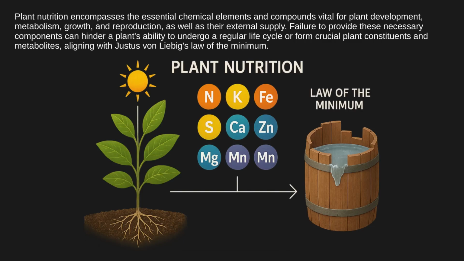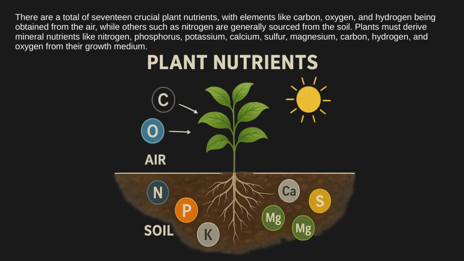Plant nutrition encompasses the essential chemical elements and compounds vital for plant development, metabolism, growth, and reproduction, as well as their external supply. Failure to provide these necessary components can hinder a plant's ability to undergo a regular life cycle or form crucial plant constituents and metabolites, aligning with Justus von Liebig's law of the minimum. There are a total of 17 crucial plant nutrients, with elements like carbon, oxygen, and hydrogen being obtained from the